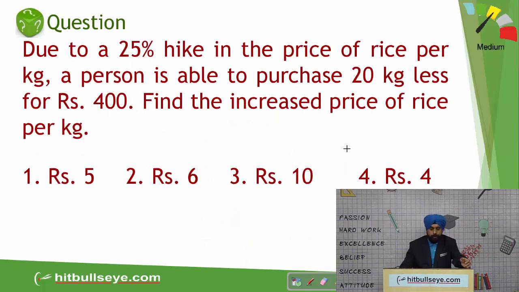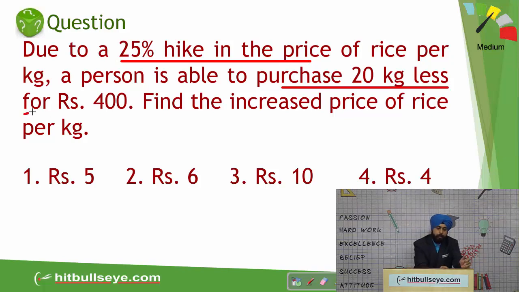This question, students, 25% hike. You can purchase 20 kilograms less for rupees 200. Now there are two ways. One, you can make equation and solve it. I am not going into that. The students, you go to the market with rupees 400, considering a certain price of sugar. You want to buy some quantity. You reach there and there you realize there is 25% hike. Now what will happen? You need to pay 25% more than 400.